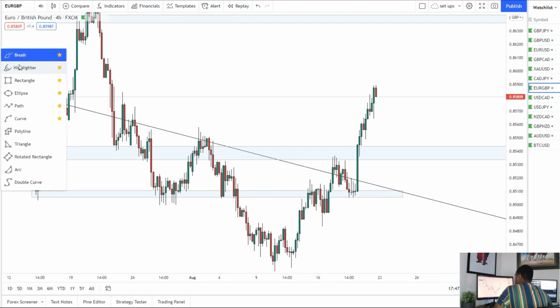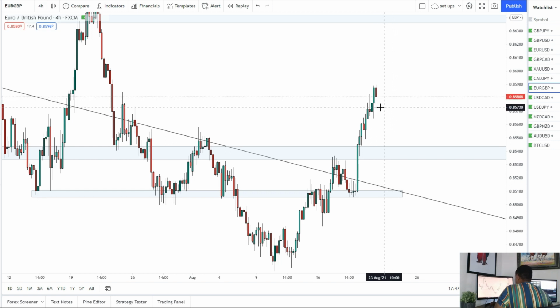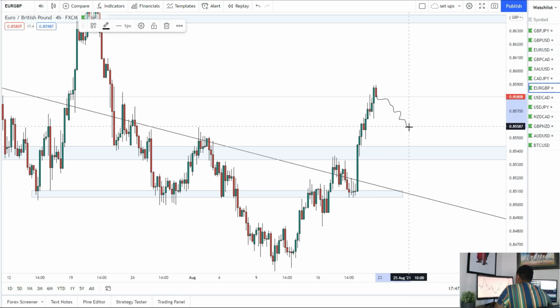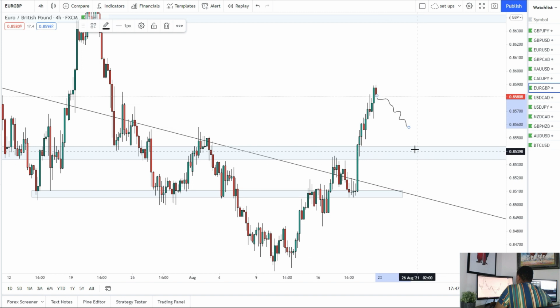So if you can see some retracement to the downside, you can look for some short-term sales if you want to on the lower time frames, because I do see the market coming down again. As you can see, the price action is a little bit choppy, so we've lost some momentum. So I do expect to see some healthy retracement coming back in. Then we look around this level, around the